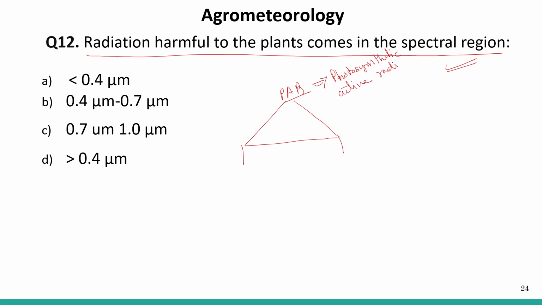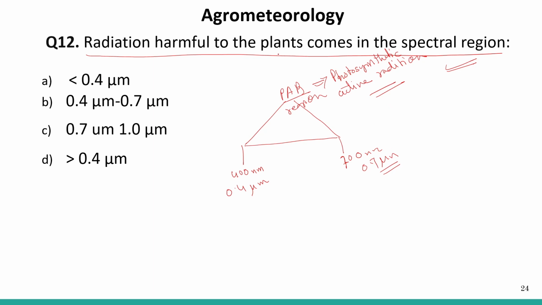The PAR region starts from 400 nm to 700 nm, or we can say 0.4 micrometer to 0.7 micrometer. Okay, so